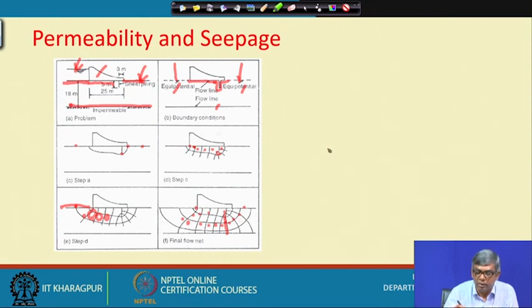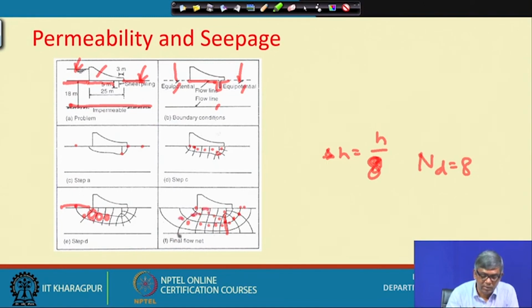So, your del H will be H by 8, sorry, 1 2 3 4 5 6 7 8. So it will be 8, and each del H becomes H by 8. So, N D is actually 8, and N F will be how much? This will be 1